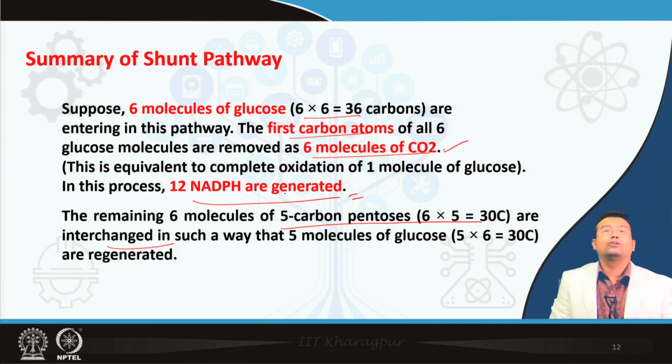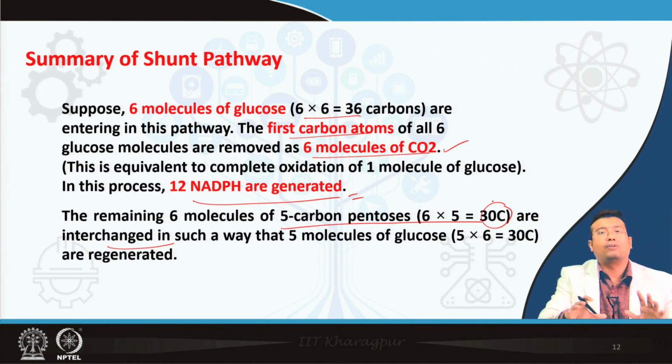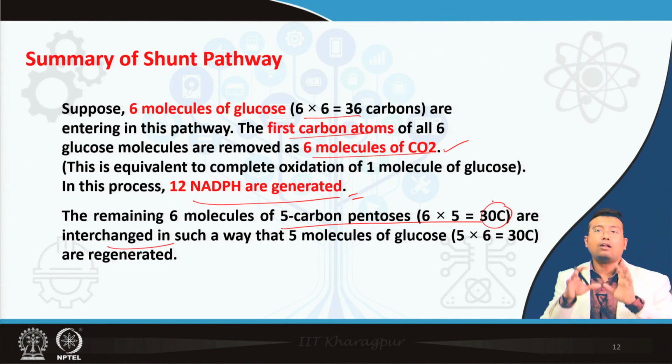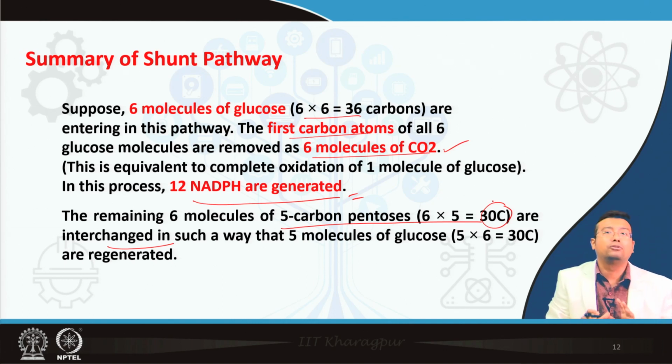So, considering 6 molecules, 6 molecules are lost as CO2, 6 pentoses are formed, and if they are not utilized in formation of DNA and RNA, they will be readjusted in such a way, 6 pentoses, because 30 carbons, that ultimately 5 molecules of glucose are regenerated, or glucose 6-phosphate is regenerated. So, if we look at the bigger picture, then you will be able to understand that 6 molecules went in, 5 molecules came out, and then one entire molecule of glucose has been used, as if one entire molecule of glucose has been burnt out to form carbon dioxide, okay, and 12 NADPH have been generated, but this is actually